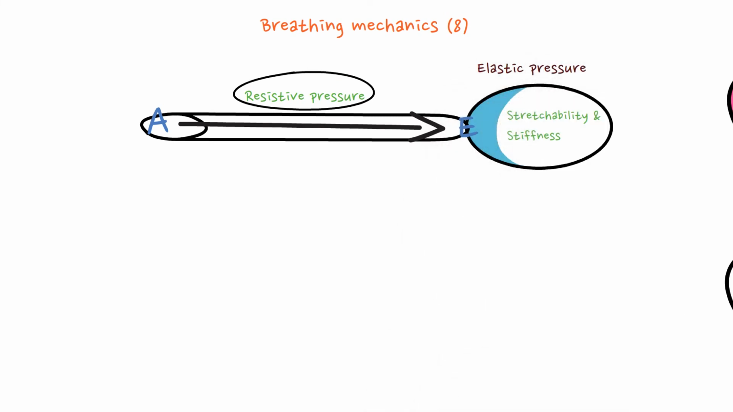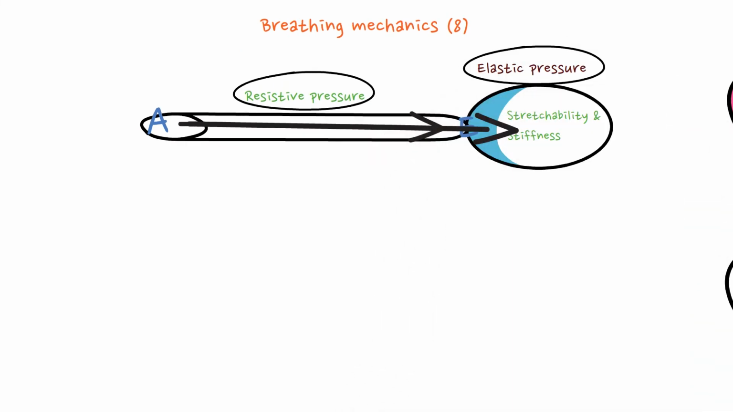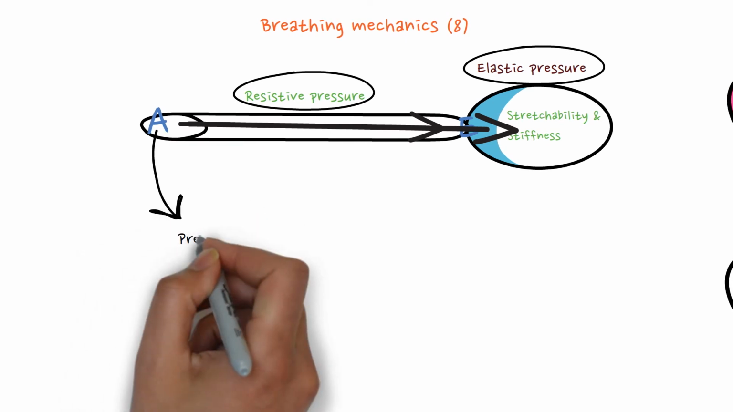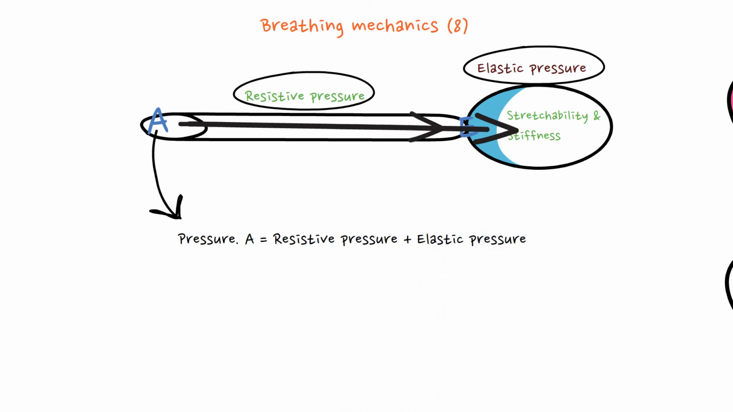So to drive the flow through the tube and into the balloon, you need to overcome the resistive pressure and the elastic pressure. So the pressure that is applied at the mouth when you blow air in the balloon through a straw needs to be equal to the resistive pressure and elastic pressure to overcome that and allow the flow in. Next video we will apply this to our